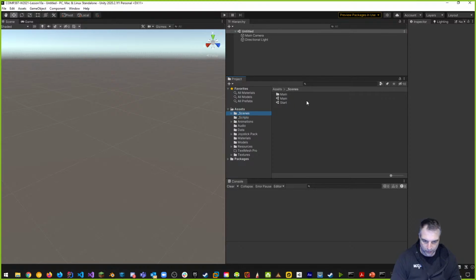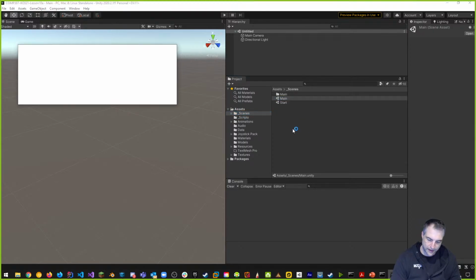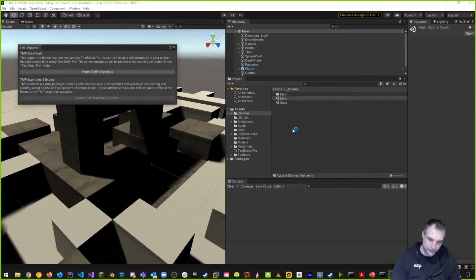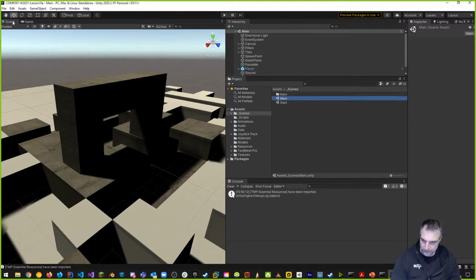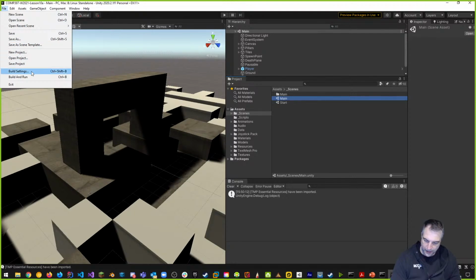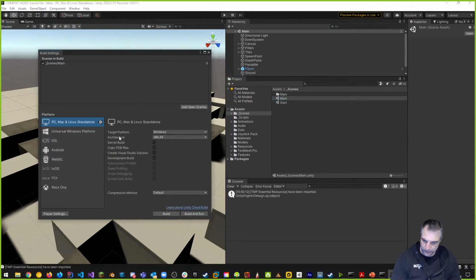So today, again, we're going to open up our main scene. And just like we've done in the past, we're just going to go back here. I've got to import TMP Essentials, Text Mesh Pro, and I want to push it immediately onto our device. Let's get that done. So I'm going to go to File and Build Settings, and I'm going to transfer over